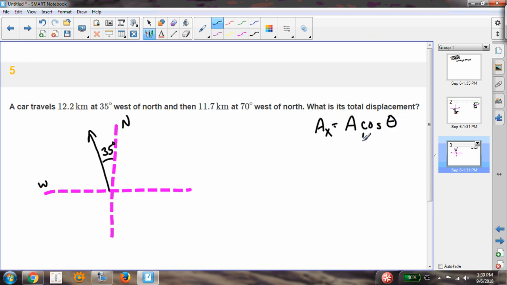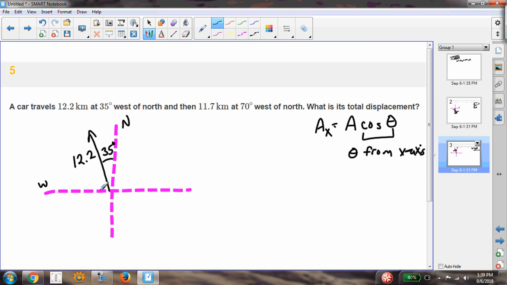But I also said that this cosine is dependent upon theta being measured from the x-axis. And notice here that theta is not measured from the x-axis, theta is measured from the y-axis. And so to find, I'll just find the x component for this vector. You'll need to do the y component for this vector, and then also the x and y components for the second vector. But if I want to find the x component for this vector,